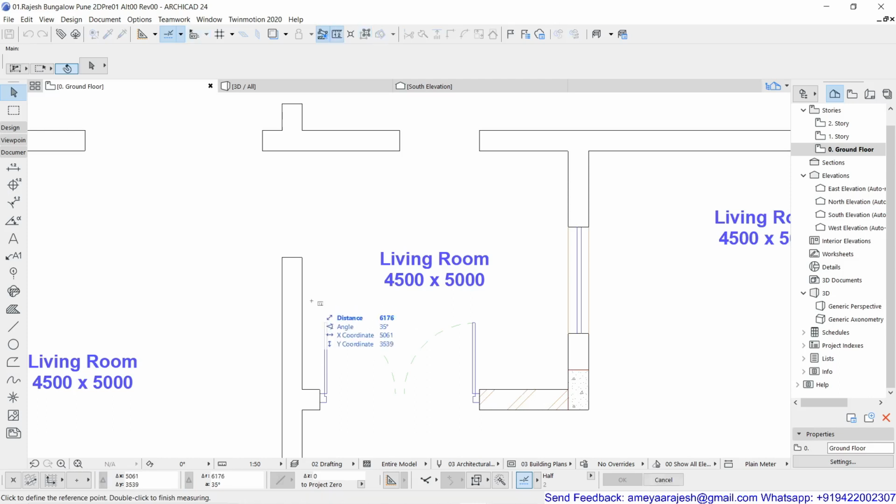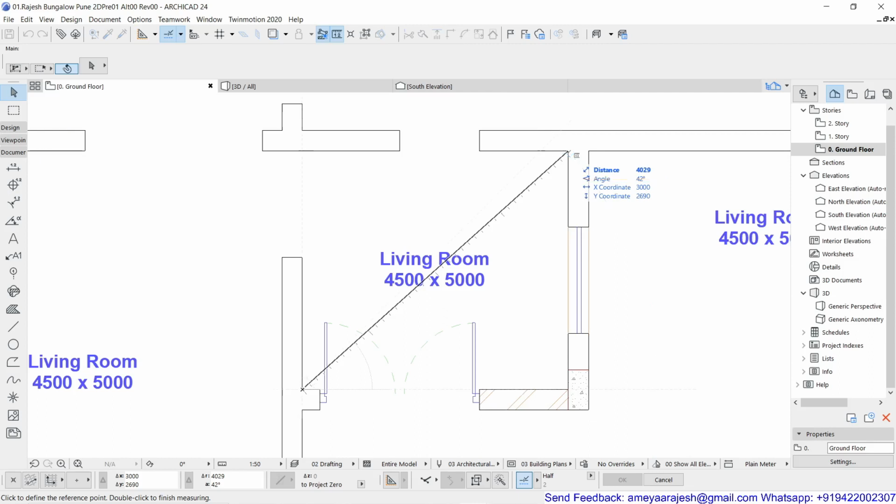So let me check the room dimensions. I'll press M from the keyboard, and then with the check mark I have captured one corner of the room, and I'm just staying on the other corner of the room, and with the check mark itself, and you can register that X value is 3000 and Y value is 2690. This is what my tracker shows. So just remember about 3000 and 2690.